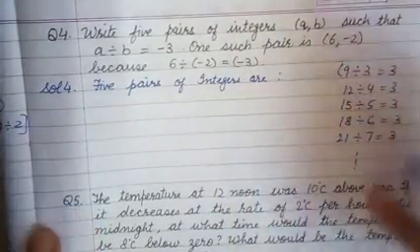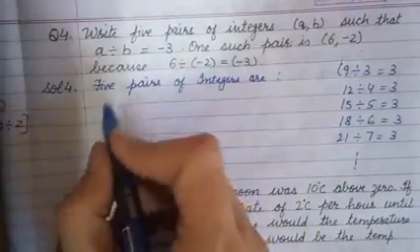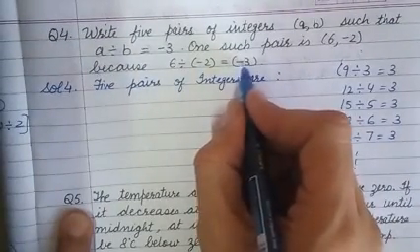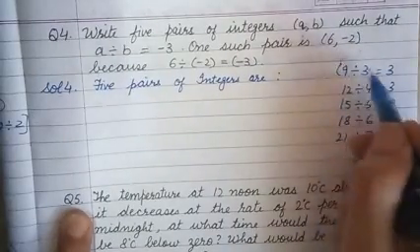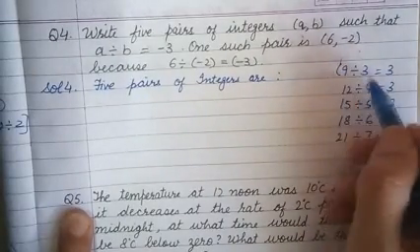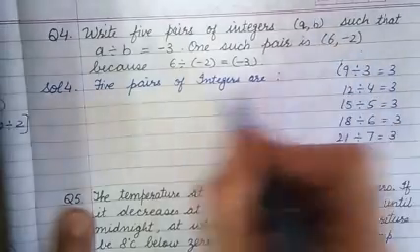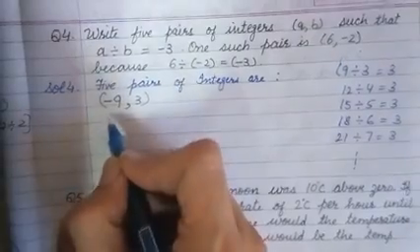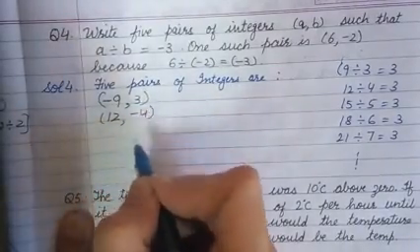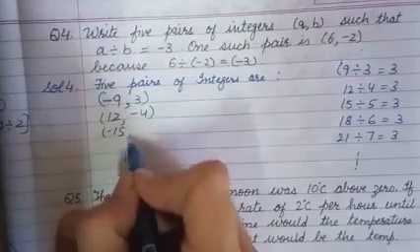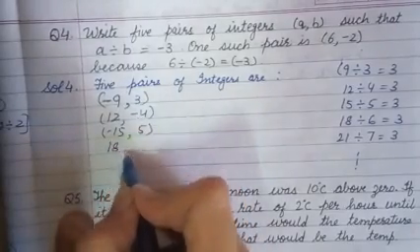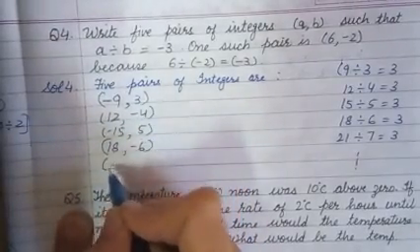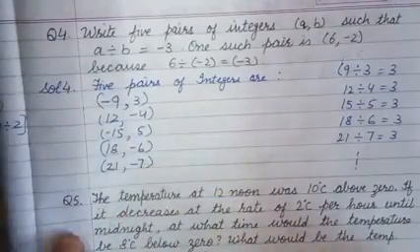So here we can find many pairs. Here we want negative quotient, so with either the dividend or the divisor, we can put the minus sign. So our pairs will be like this: -9 and 3, 12 and -4, we can take minus with 4 also, -15 and 5, 18 and -6, 21 divided by -7. So we can write such type of 5 pairs.